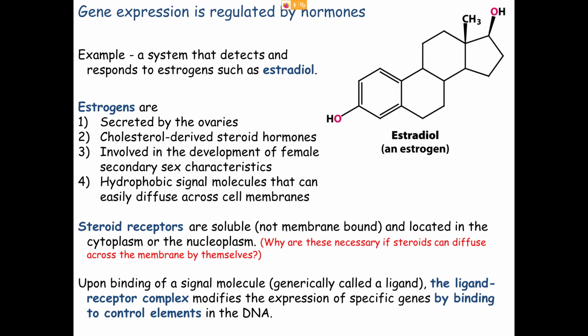Now, it is a soluble receptor. It grabs this molecule and floats over to the nucleus. It can go through the pores of the nuclear membrane, no issue, and it finds a piece of DNA. These steroid receptors have parts of them that bind to DNA and a part of them that bind to the ligand here,